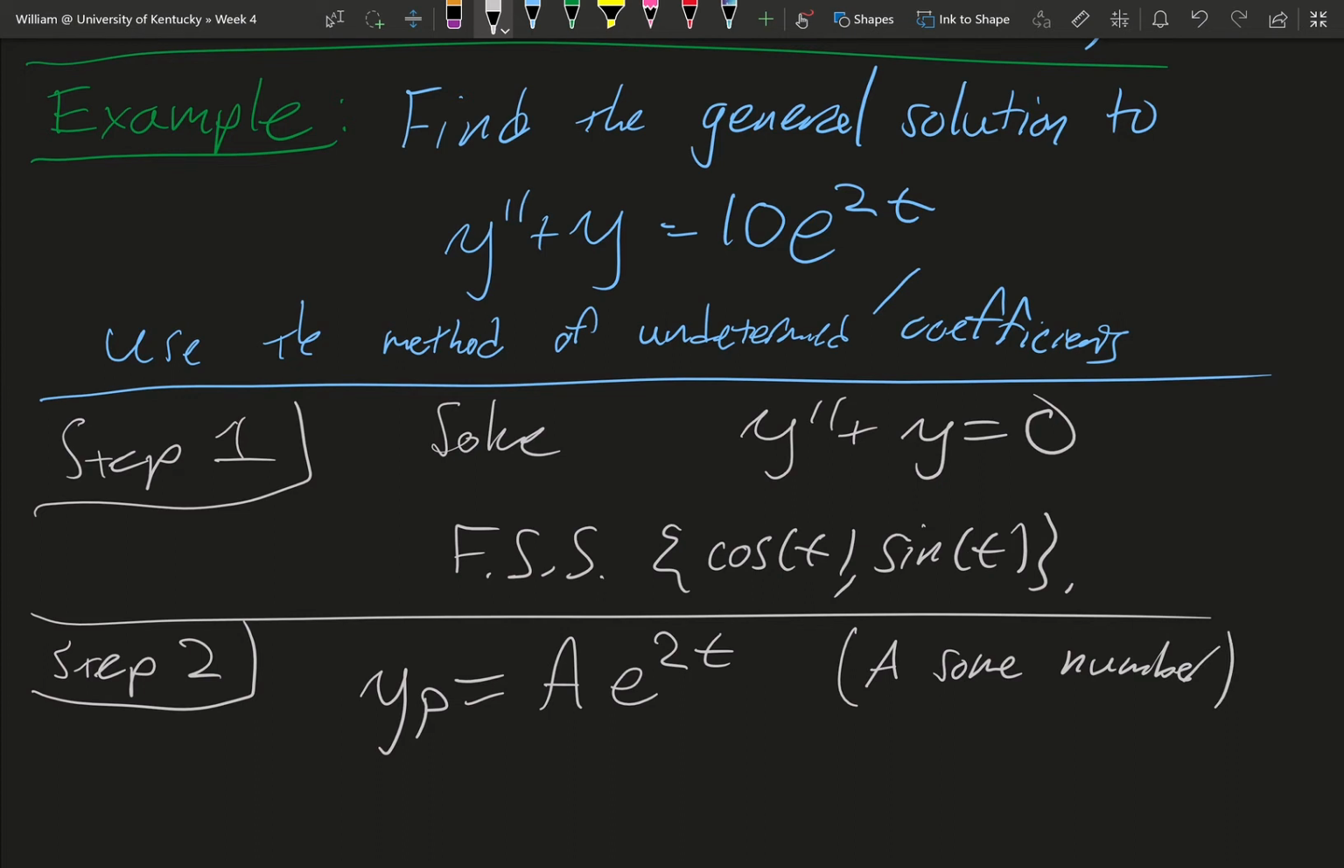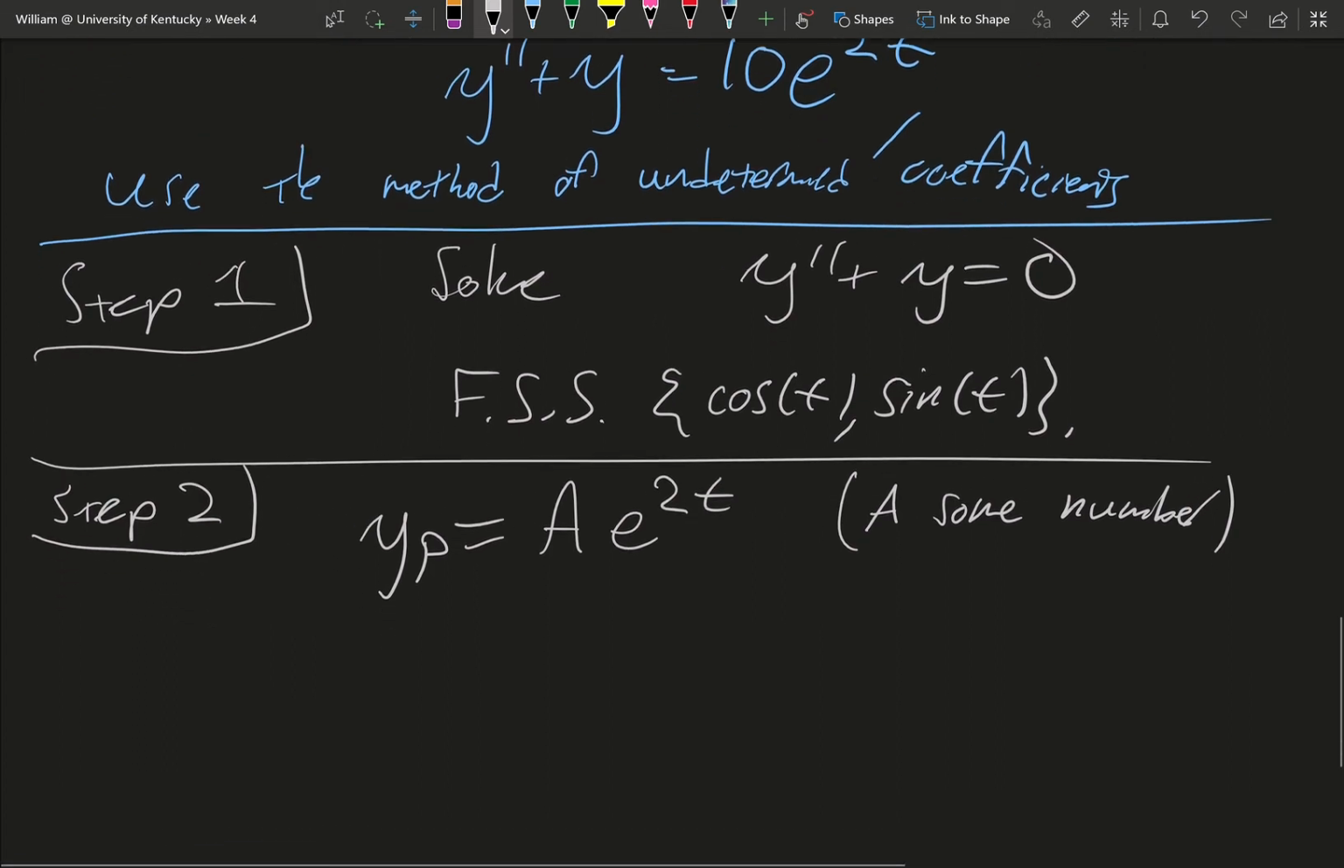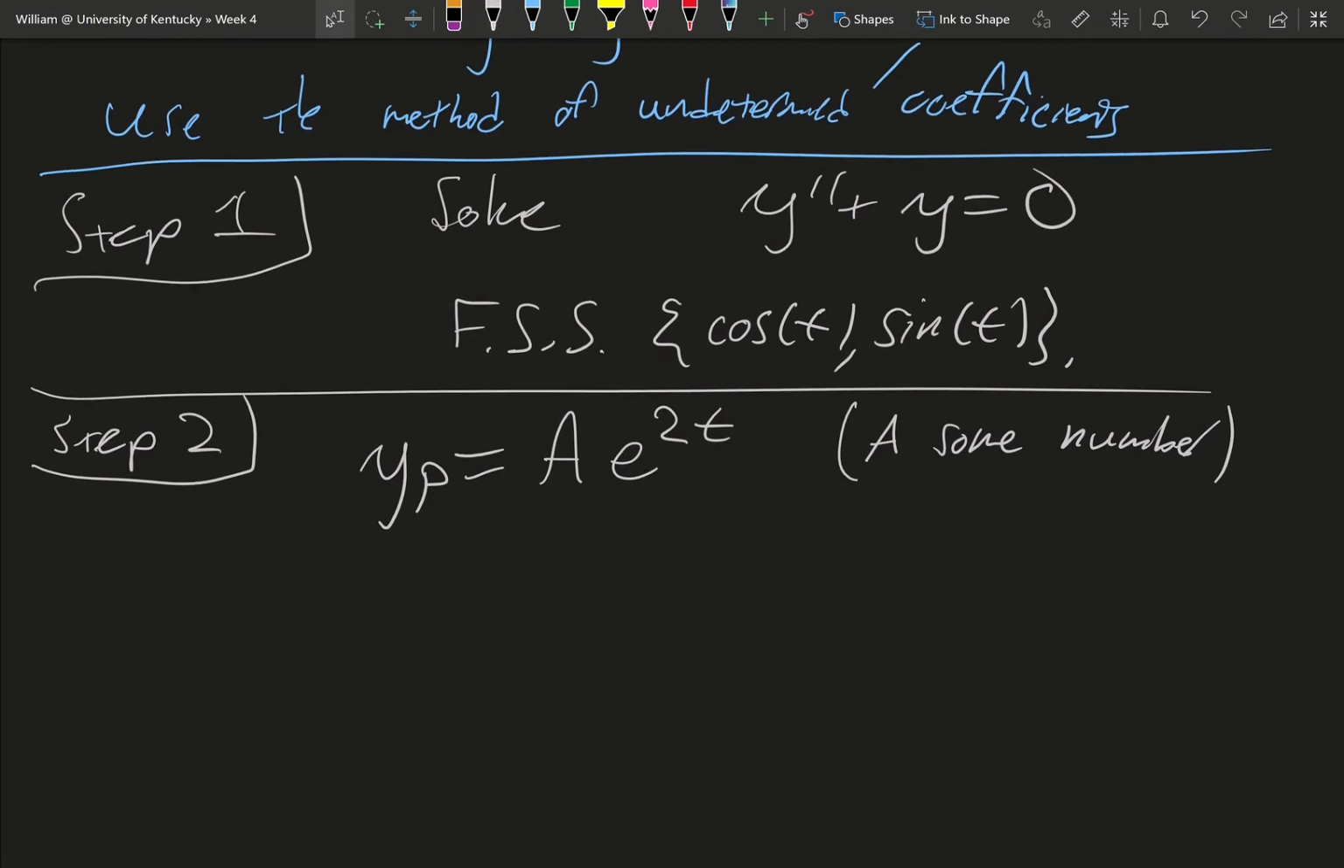Okay, so why do we do this? Well, remember that if we take a derivative or a second derivative of e to the 2t, we just get something times e to the 2t. So that gives us a pretty good idea that as long as these coefficients here are constant, which they generally are going to be for this method, we should be able to just solve for A. We'll see later that doesn't always work, and we'll talk about how to get around it, but okay. So if this is y_p, y_p prime is 2A e to the 2t,